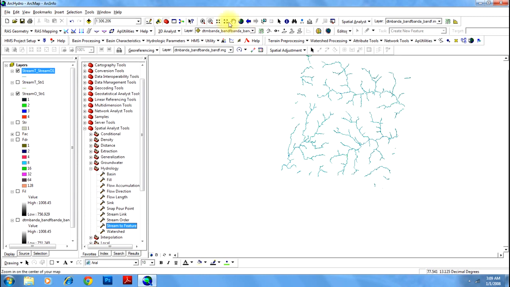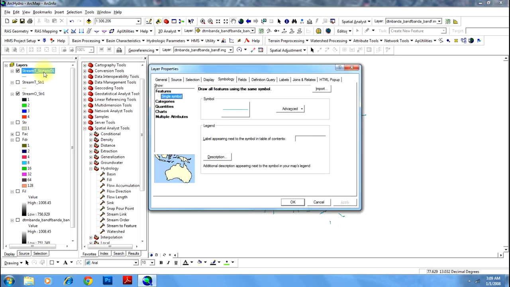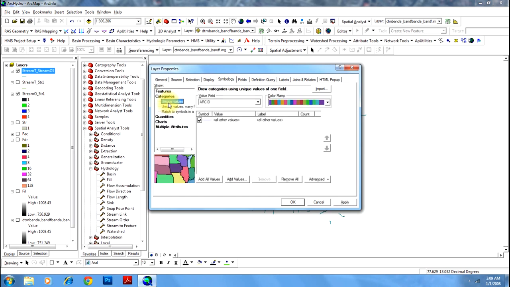You will not be able to make out the stream order here because you have not classified your new file. We'll double click on this particular layer and go to the symbology option, and you will have to use different kinds of features.